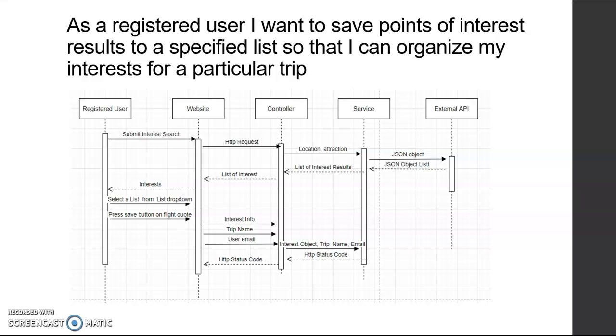The controller will break down the HTTP request, grab the location and body, and send it to the service. The service will then send a JSON object to an external API, and that external API breaks down that JSON object and returns a list of results. That list of results is then sent from the service to the controller, and at the controller, that list of interest results is then sent to the website and displayed